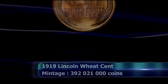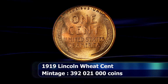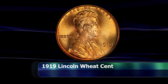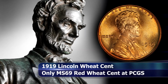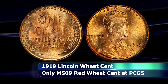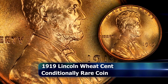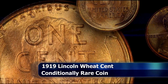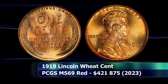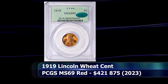$365,625. The next coin is a prime example of a conditional rarity, as the 1919 penny has a record high mintage of 392 million coins, a record that would not be broken until 1940. It is not considered by any means a rare coin today. However, this example is the sole finest, not only for the 1919, but at a grade of MS69 Red, it is, as far as I'm aware, the only wheat penny to get that lofty grade from PCGS. So, put simply, that puts bragging rights on the line for the owner of this coin. And at auction in 2023, it was sold for